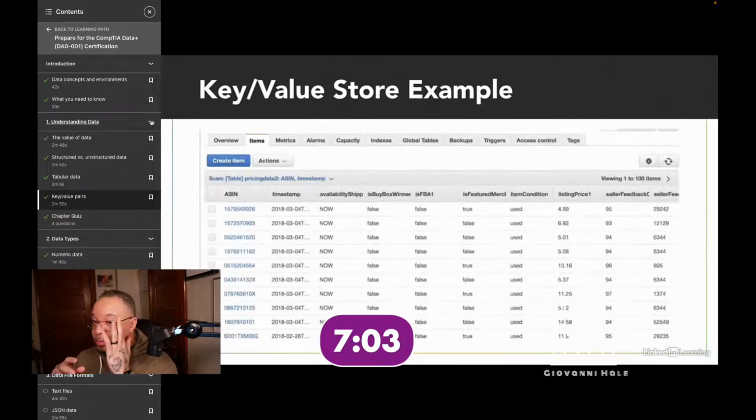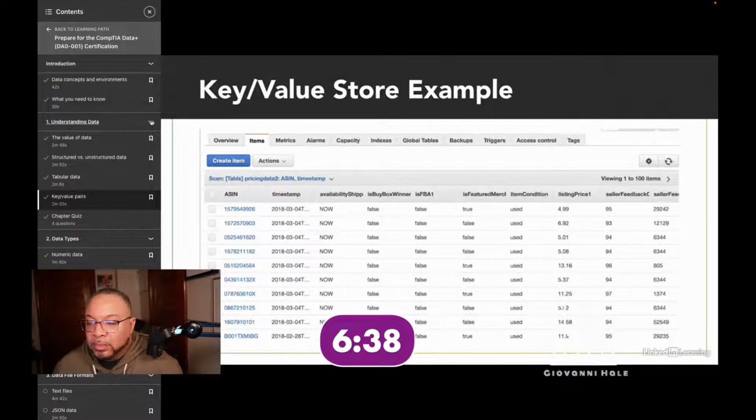Here's a more complex example from a research project that I'm working on. This is a key value store containing pricing information for used books on Amazon.com. We're doing a research project on this pricing data, and we receive updates from Amazon anytime one of the books in our study has a price change from any of the 20 merchants selling that book at the lowest cost. This translates to hundreds of thousands of records per hour.